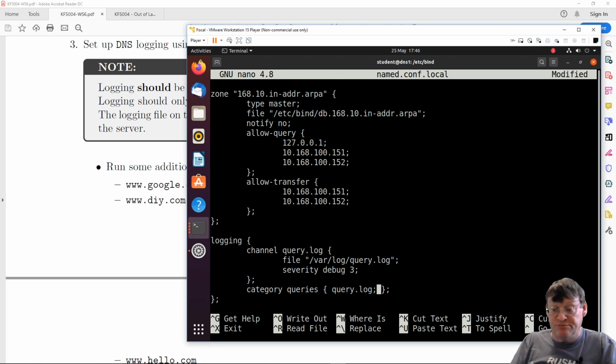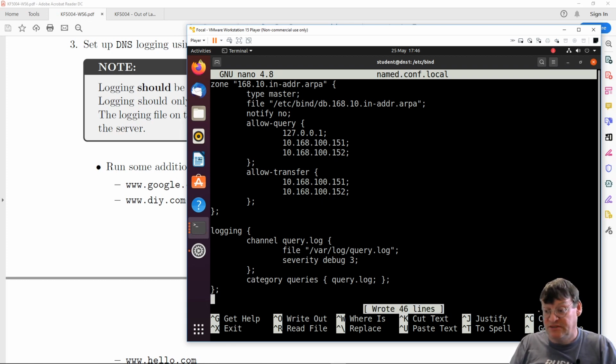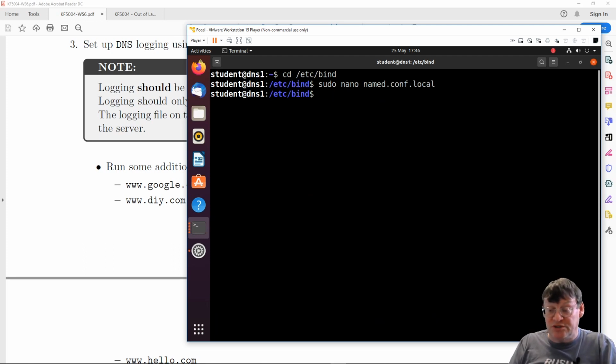I'm putting in a query log. That query log is actually the name of the channel, not the file. The file's over here. Okay, so we can save that. Now what we can do is go and create that file. To do that, we go to var log